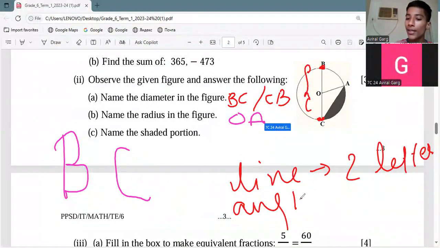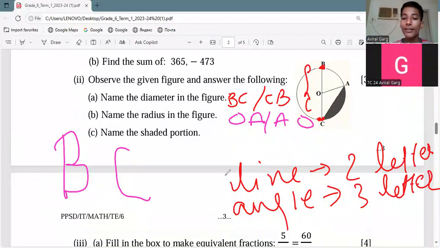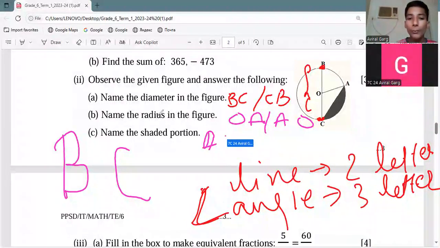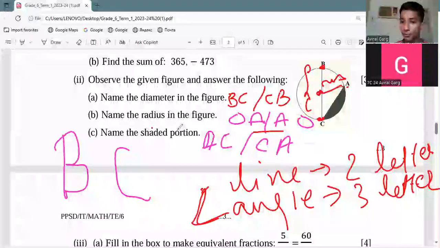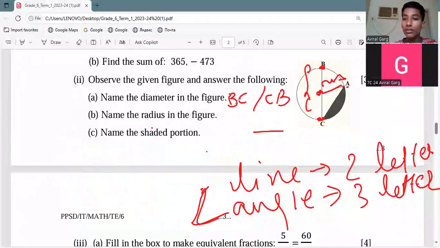A line is named by 2 letters, an angle by 3 letters. And we always put a sign like this. We will study this in the geometry chapter. Radius: OA and AO, this whole part, both are accepted. Shaded portion, how will we name this? Here you have gone wrong. This was correct, OA or AO. This whole part